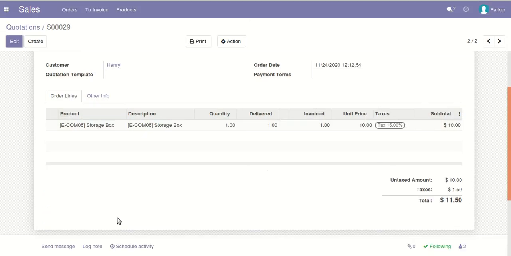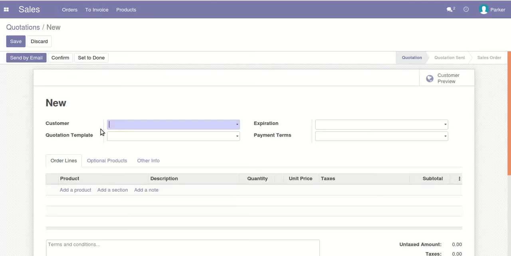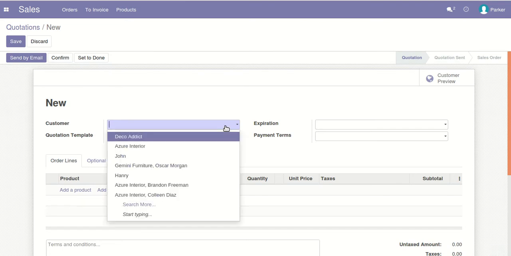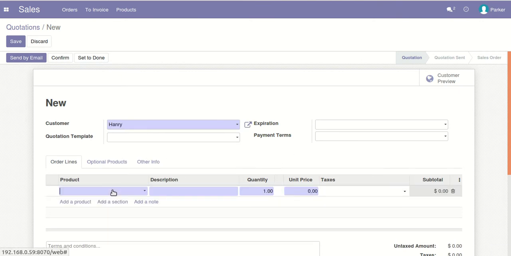Now let's go to the Parker user, the sales user, and create a new sales quotation again, which will be greater than this remaining amount, and let's see the change. Here I will select the same customer and select this, right? Let's take it for 5.